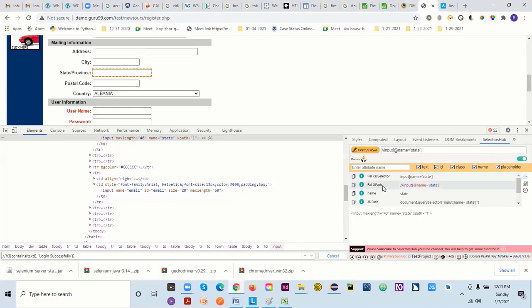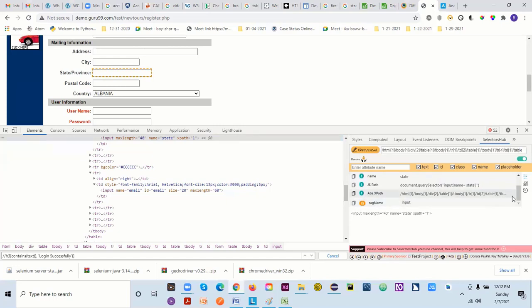In the relative path, it's very small because we start from that tag, that element only. But with the absolute path, you start from the HTML, then go into body, and under body you have div 2, then table, then table body, and you have to go through each and every element. So we never recommend using this absolute path. Down the line, if someone has removed this table, you will not be able to locate your element. So we should avoid using the absolute path.